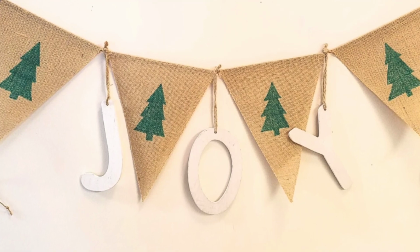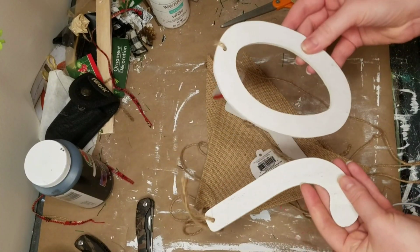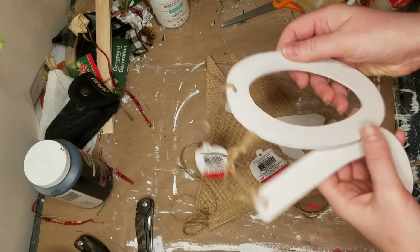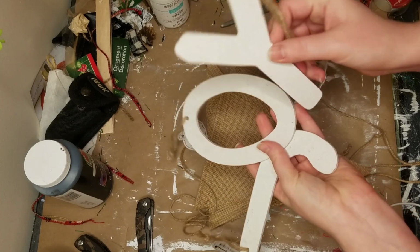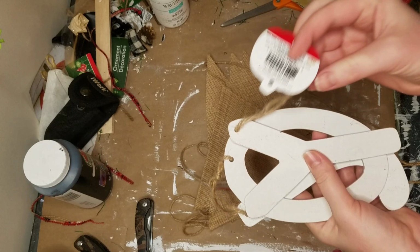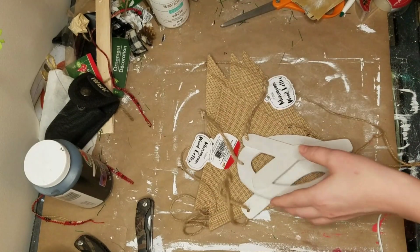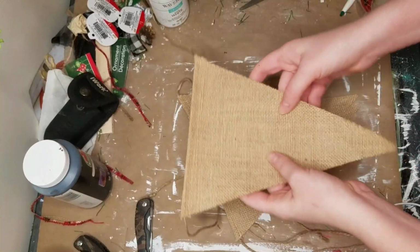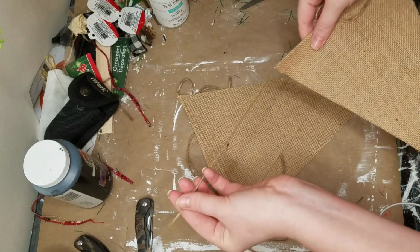So for the last DIY, since I always make like way too many signs, I decided to try to do something a little bit different for this one. I had these letters from Target Dollar Spot. They were the ones from the fall, but they also have new ones for Christmas time with a red ribbon hanging them, and they're just $1 each. So I grabbed the letters that I needed for the word joy, and then I had these